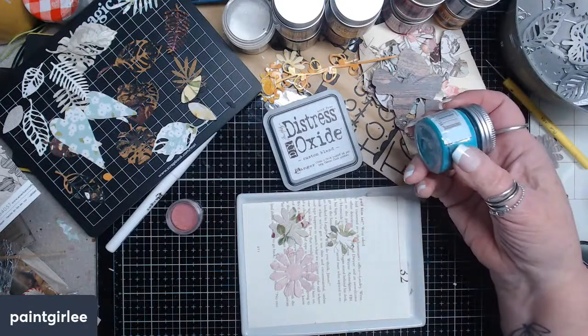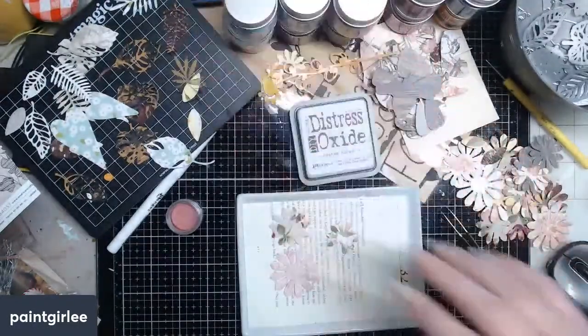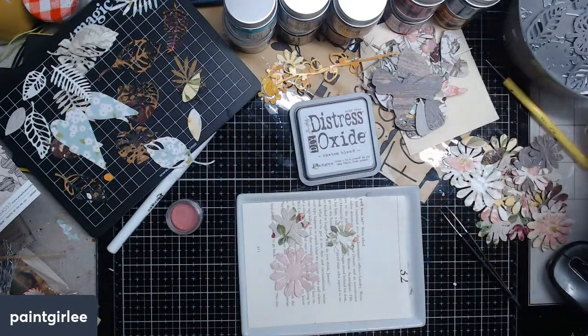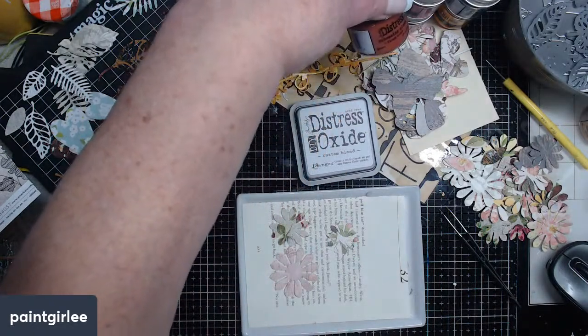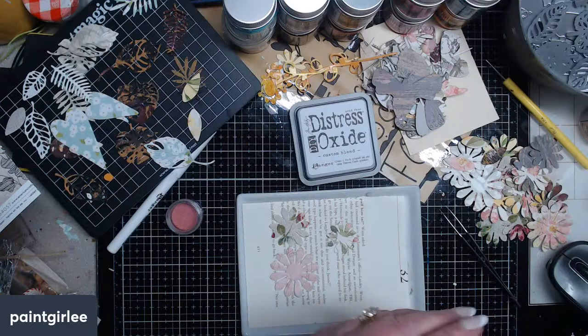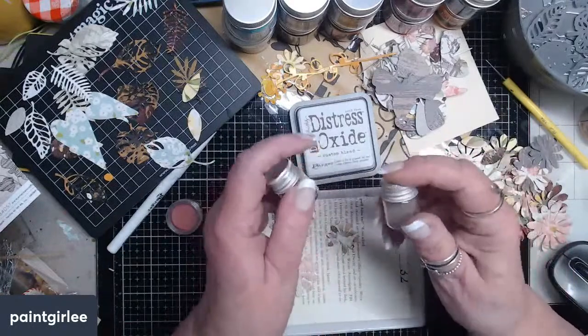Salvage patina. I don't think I cut out enough stuff. Antique linen. That's almost like a non-color. I have 2 rusty hinges. I thought I left my other rusty hinge. Oh no, I think I'm thinking of something else. Crackling campfire. And then of course I've got the traditional golds and all that jazz. And then I have a wild wilderness or something. That's a darker green. These are a couple of mixed ones. See, when you mix up ones,